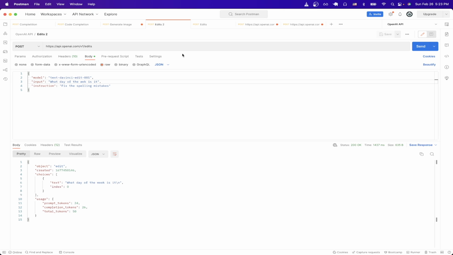Another variation of this API call is that it can also translate the input to a different supported language. In this case, I just typed in I'd like to eat food and I instructed it to translate to Spanish. And if I hit send, you can see the result has been translated to Spanish for us. And that is the end of this